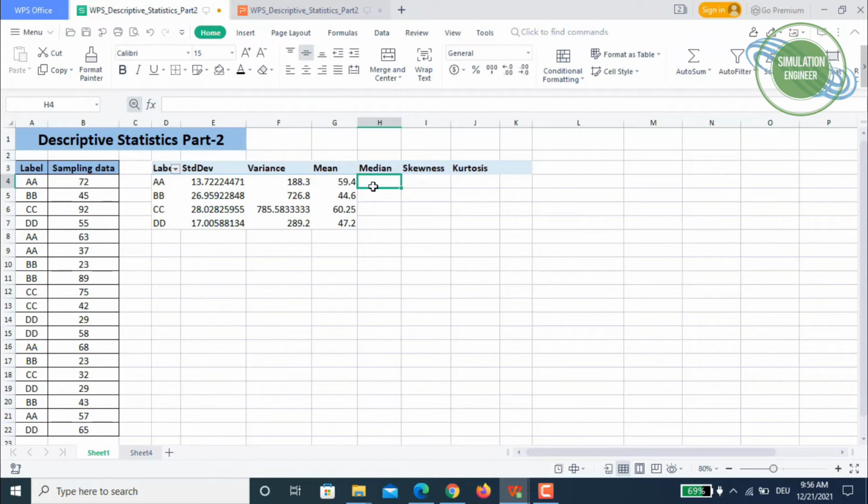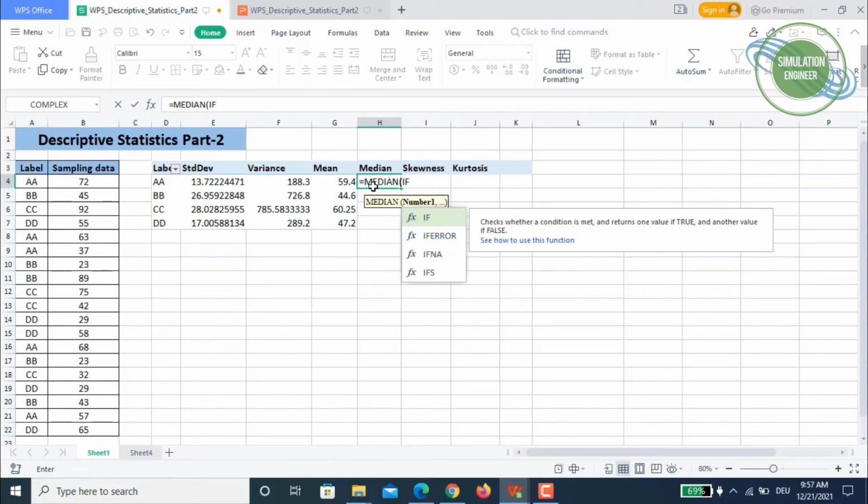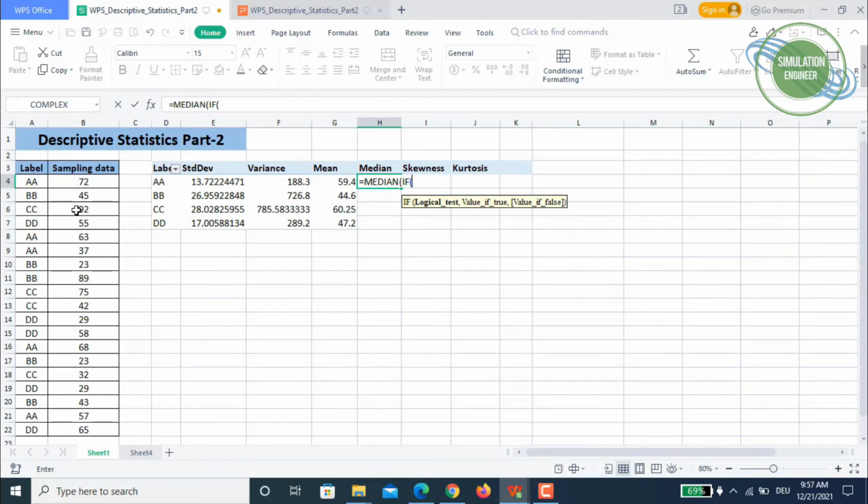Now comes the interesting part. The tip here is we'll be using a median with a combination of the IF function to calculate the median based on our pivot tables. The moment you write median in the formula bar, it returns the median of your given numbers. Then you start with your round bracket, and now I'll be using the IF function. It will be a logical test. The logical test will be if these labels in column A are equal to this label in our pivot table,